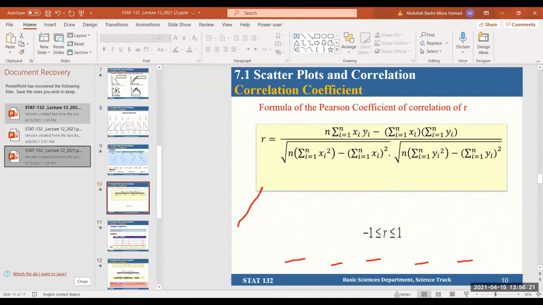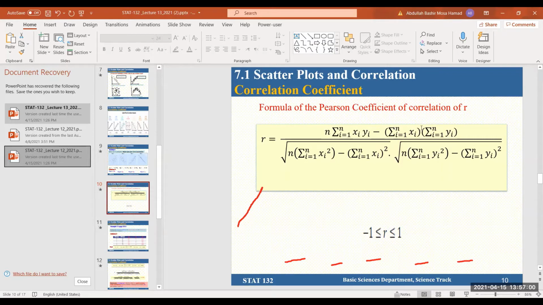Then we have X multiplied by Y. So we multiply each X with its associated Y: X1 with Y1, X2 with Y2, till Xn, where N equals 6, so X6 with Y6, and we find the summation of this. Then N is 6. For summation Xi square, we find the square of each value of X, then find the summation of these values. For summation Xi all squared,